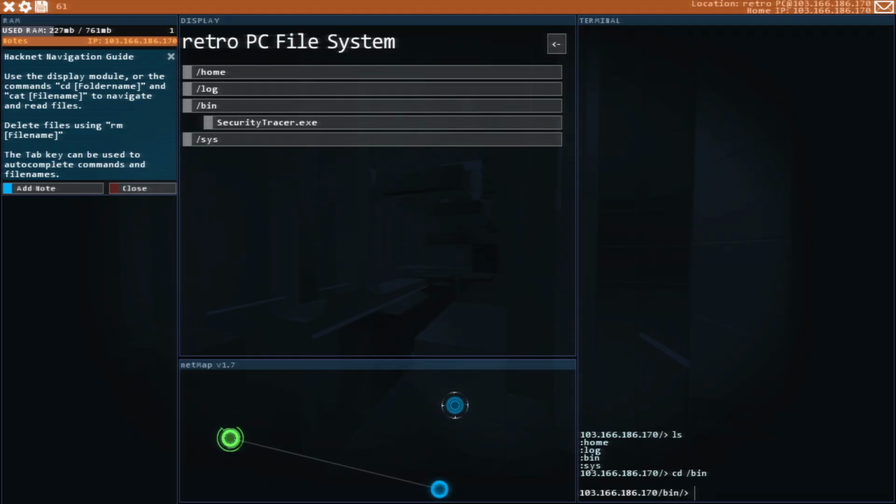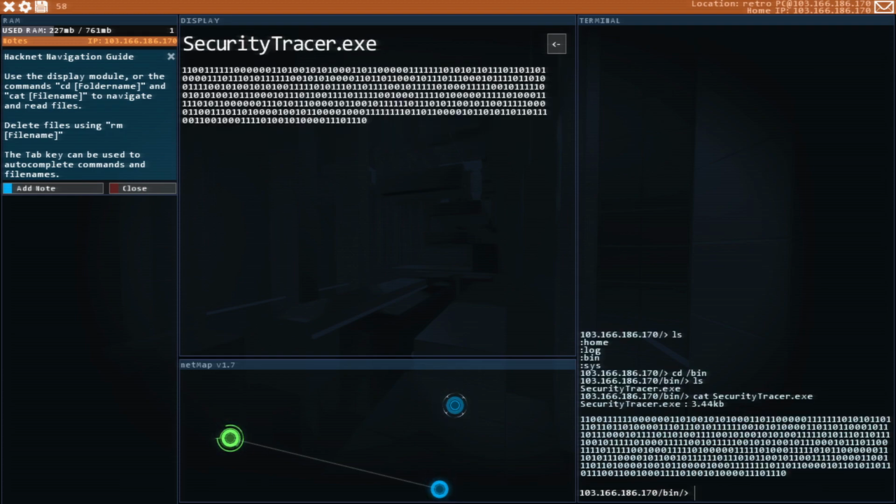It's probably going to be in the bin folder. I don't know if I can read a binary file, but let's